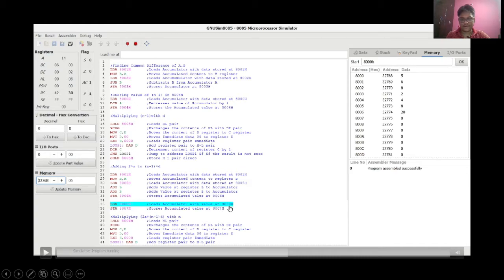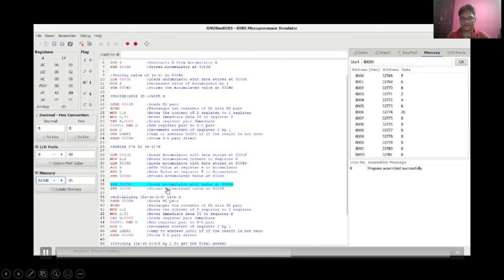LDA will load accumulator with value at 8000H. 8000H is 5. So A will become 5 after this line of code runs. Then we will store this value at 8007H. So 8007H will become 5. We are just copying this value of 5 to here, to make our work easier. So after this, as you can see, it's 5 now.